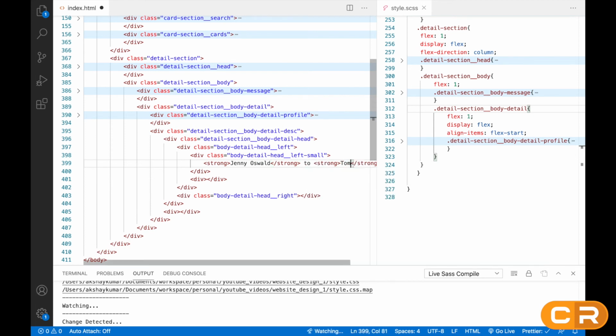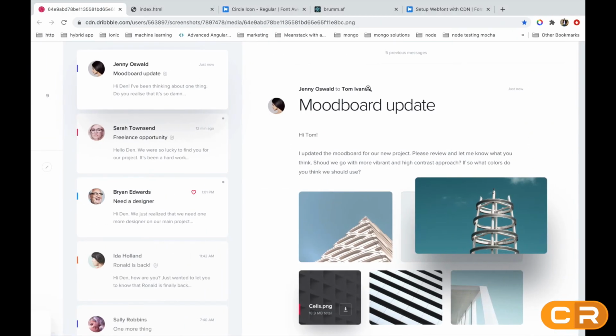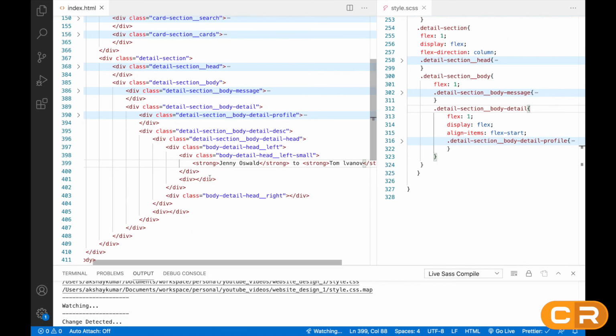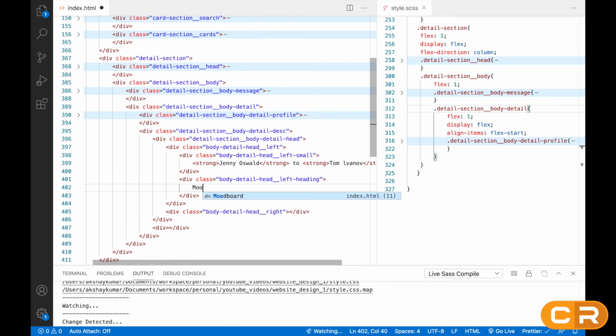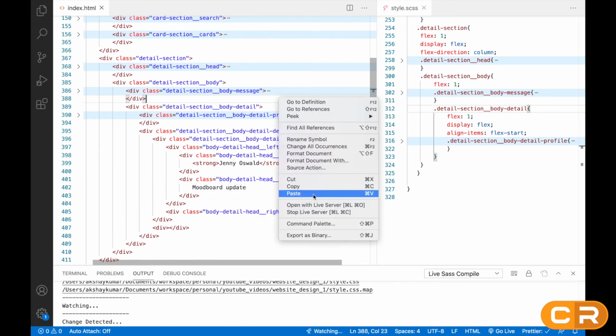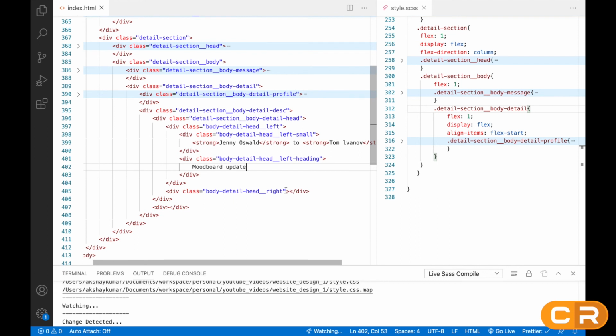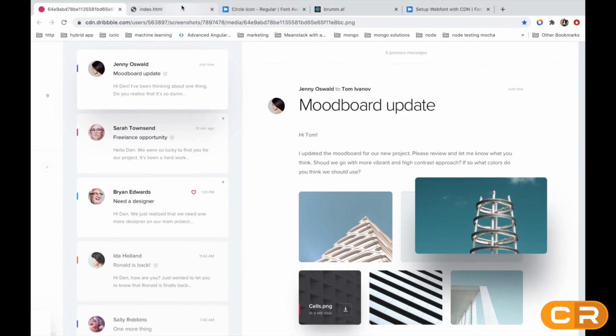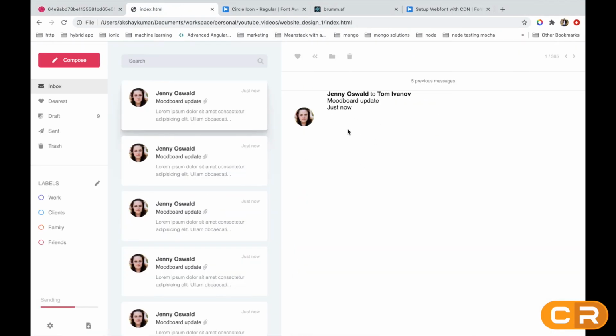Here we'll write Tom. So this one. Okay, and in this div we'll give the class name, copy from here, and we'll write heading. Here we'll give the name, I just copied it from there. And after this, in this right section, we'll write just now. So if you refresh here, it will look like this.